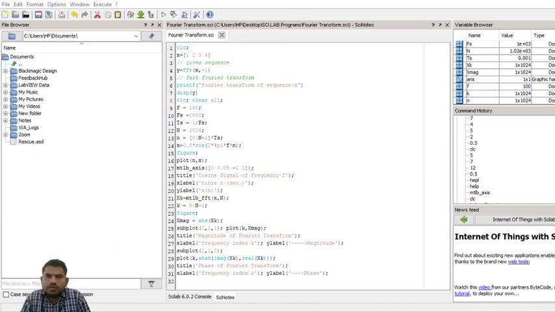Good morning. The next experiment in the basic simulation lab is the Fourier transform of a given signal. Here, how are we finding the Fourier transform of a given signal? The technique I am using here is the fast Fourier transform technique. There are two types of signals, analog signals